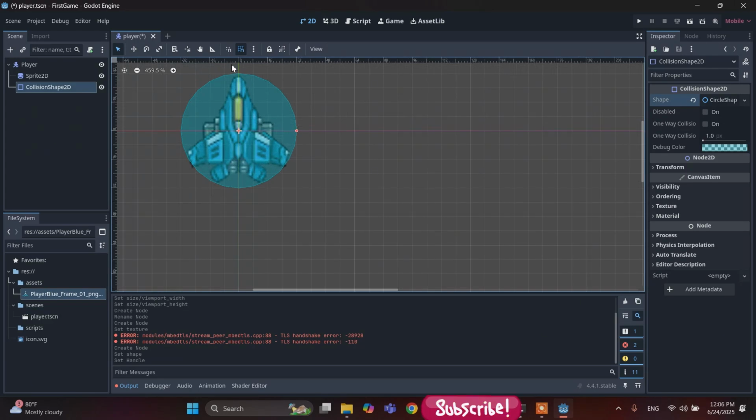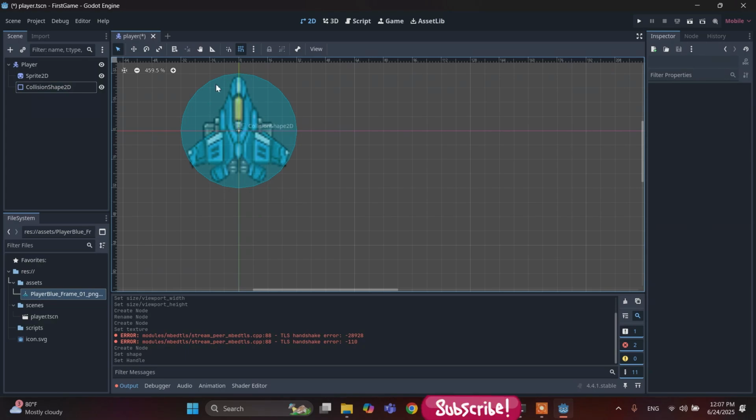So this is the collision shape for our player sprite, and if something collides with this circle, then it will record a collision. So for interacting with the environment in the game, we actually need a collision shape for every character, whether it's an enemy or the player, to be added,